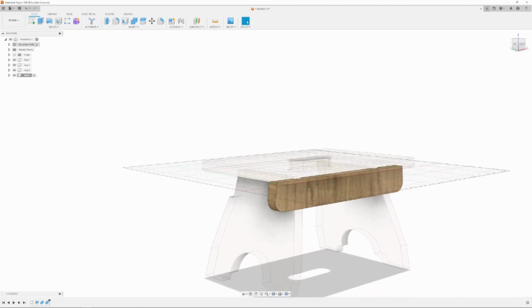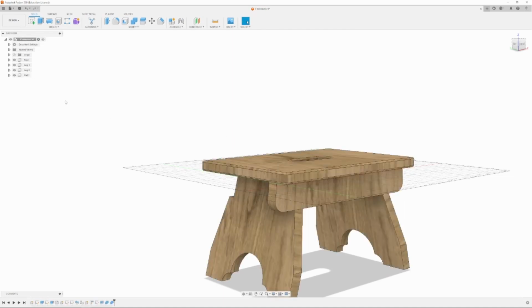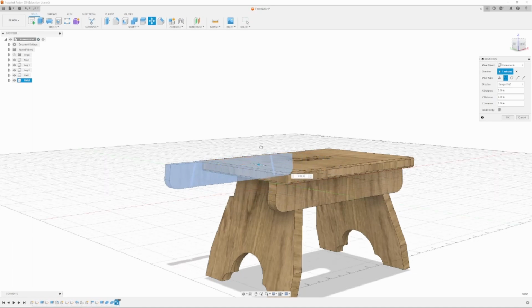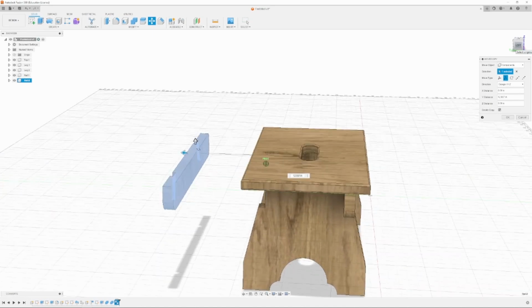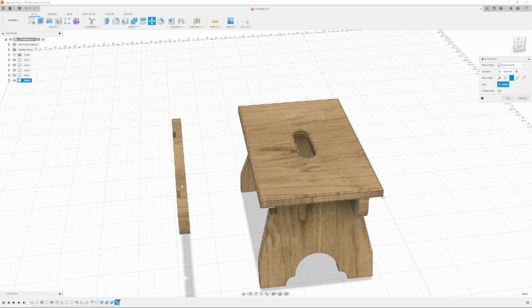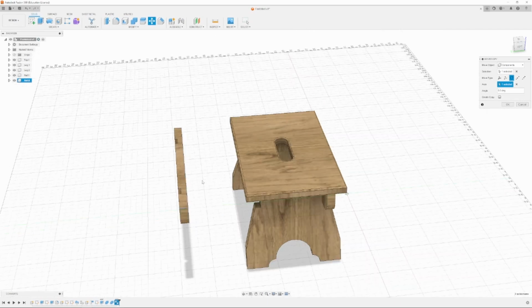So I want to make another one. I'm going to first make sure that my overall stool is the active piece, and then I will right click on this, move copy, check create copy, and I'm going to come over here. Now I want this to be a mirrored version or a rotated version, so I'm just bringing it out past where I need it to be at the moment, and then I'm going to rotate it. And so the axis I want to rotate on is one of these horizontal ones. So I'm going to do that, and then